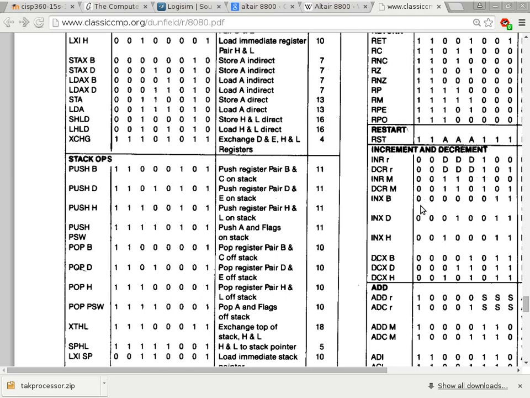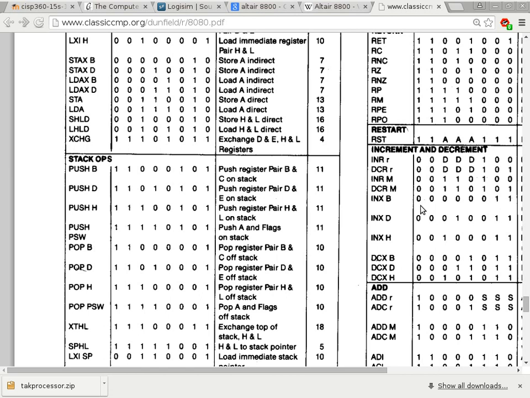And you cannot even type the words. You cannot just type POP B on the keyboard and program the computer that way. You have to look up the bit pattern here and specify: flip up, up, down, down, down, down, down, up, and that's the instruction. And then you have to specify the address using another bank of switches to specify where that instruction is supposed to go, and that's how you program this computer. But this is a good illustration of what the processor natively understands, which is nothing like what you learned in